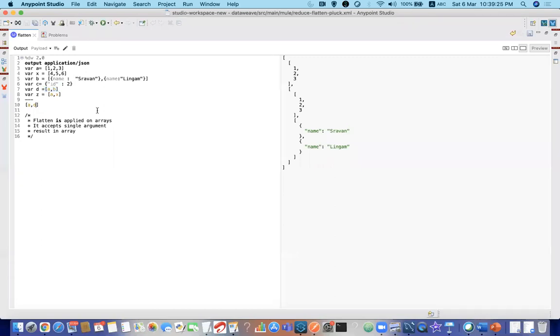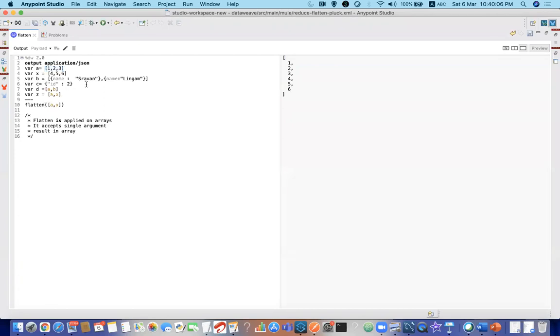Let me have X, okay? I just wanted to start with small one, okay? A comma X. You can see I have values 1 comma 2 comma 3, and I have 4 comma 5 comma 6, but I want to combine all these values into a single thing. Okay, in that case what you can do is you can just apply flatten on these things, and now you can see how it is merged into a single array. Clear on this, guys? Yes, no?